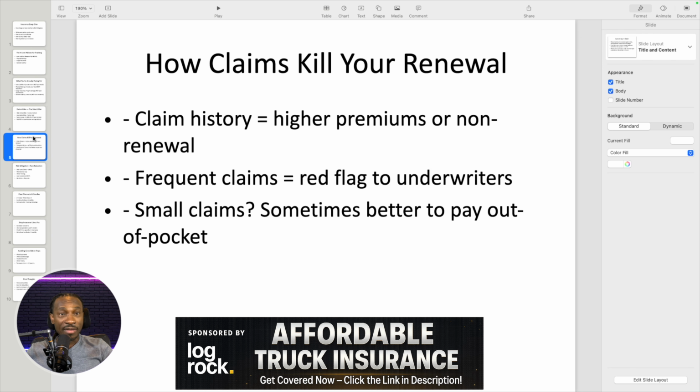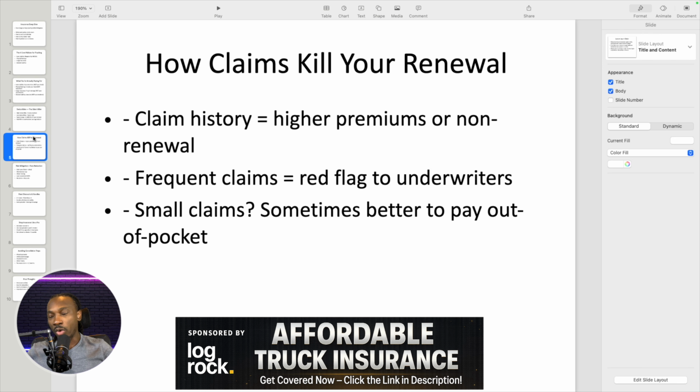You don't want to put a $5,000 claim on your insurance. It's not worth it. It's going to cost you more in the long run to put something that small on your insurance, because what's going to end up happening is your premium's going to go up at renewal, or they're just going to drop you. It's just the way it is. And if you're new coming into the business and you're just used to personal insurance, commercial insurance is a totally different thing. $3,000, $4,000, $6,000, $7,000 are still considered small claims.